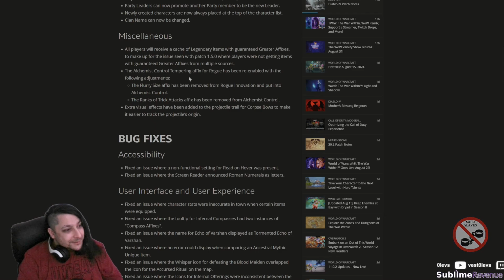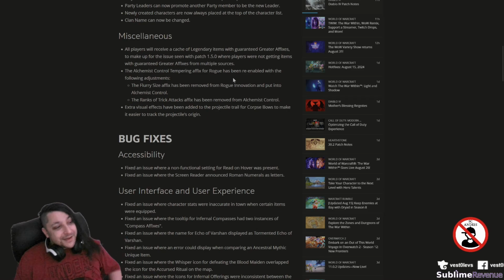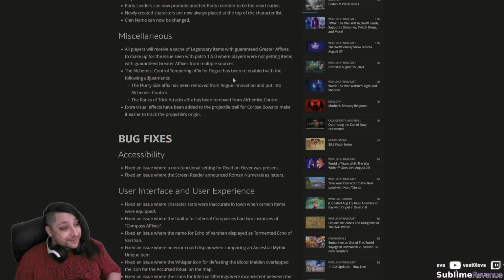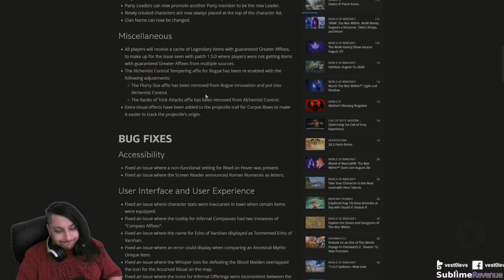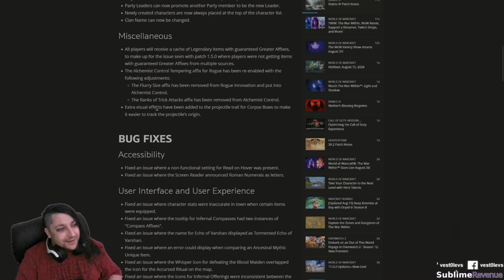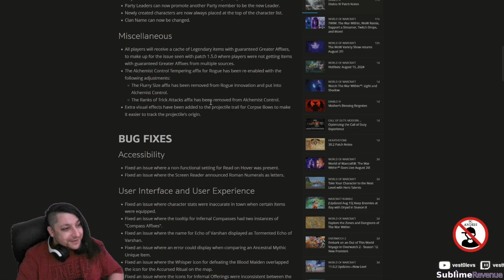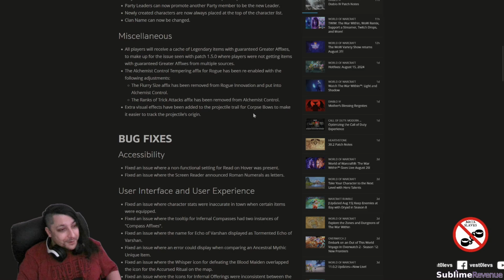The Alchemist control tampering affix for Rogue. Oh yeah, this was disabled. So they're enabling it again with the following adjustments. Oh, okay. Blur size being removed, sorry, from rogue innovation and put into alchemist control. Yeah, I think they said they're gonna do that. The ranks of tricked attacks affixes being removed from the alchemist control. Okay. Sorry rogues, but let's see,